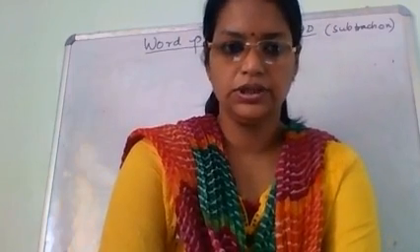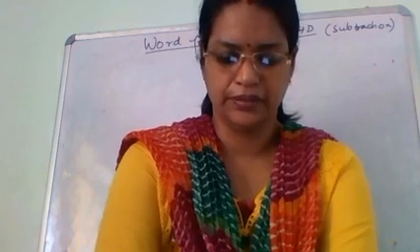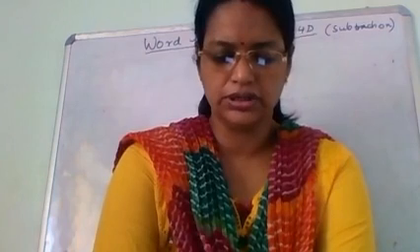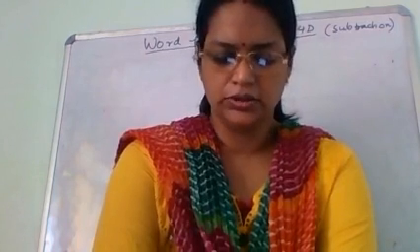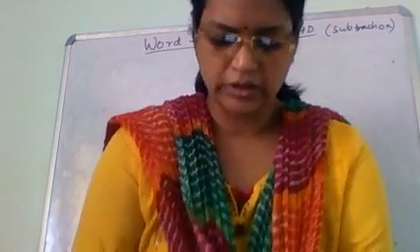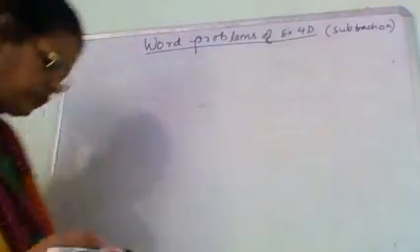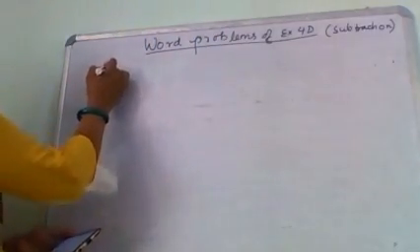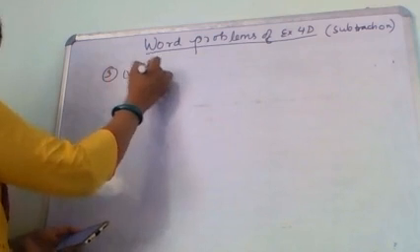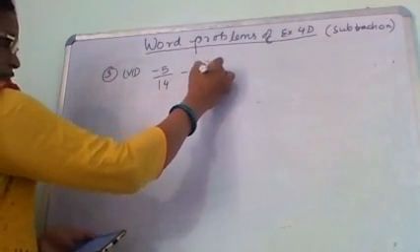Good morning, students. Today we will discuss the word problem of exercise 4D. Question number 1, question number 2, question number 3 is the simple subtraction problem. So there is no need to do it then. Still, I can do 1 or 2 more questions from exercise 3 for your preference. This is question number 3, 7th question. It is minus 5 by 14 minus of minus 2 by 7.